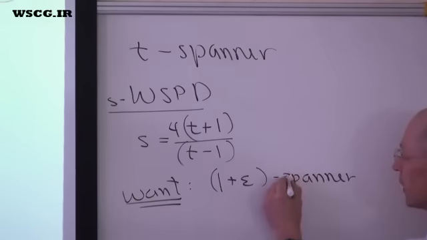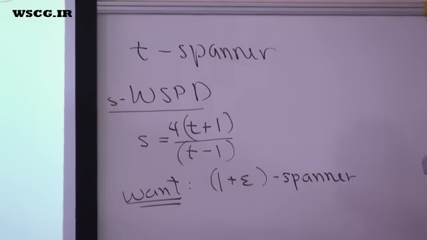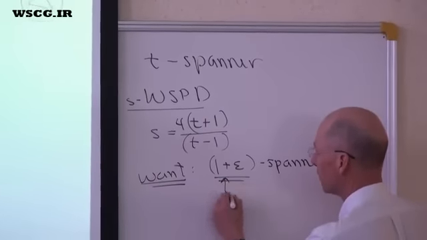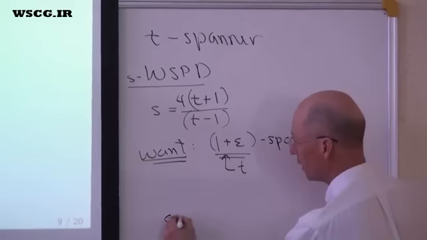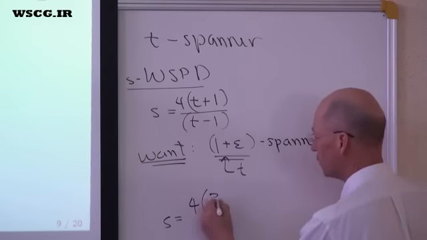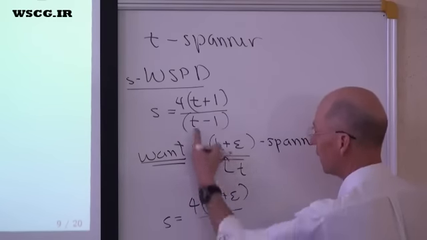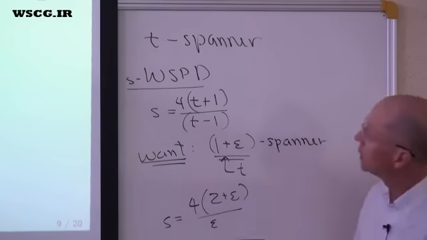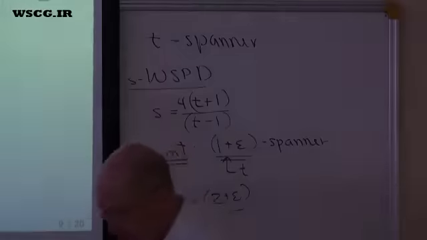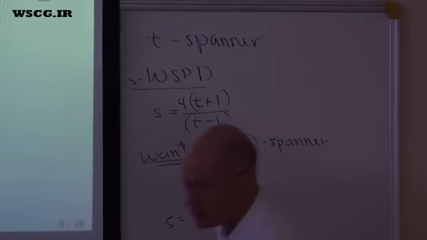Right? Remember, epsilon is the approximation parameter for the spanning tree. And so if I think of this as being my value of t and plug it in here, what do I get? I get 4 times t plus 1, so that would be 2 plus epsilon, and t minus 1 would be epsilon. So this is the particular reason why I chose this value for s. So this means in particular that